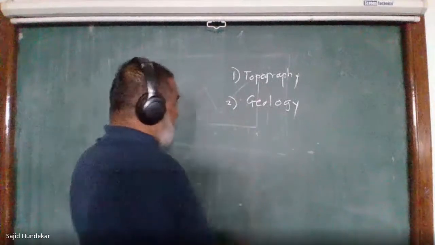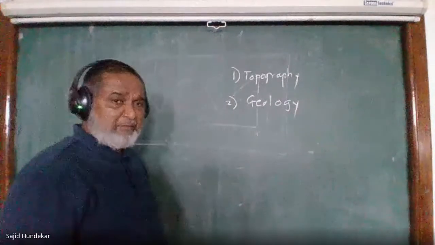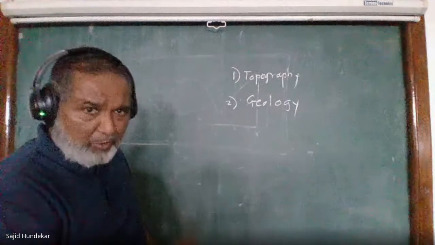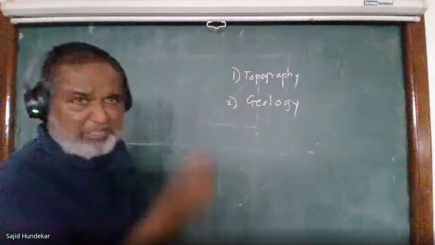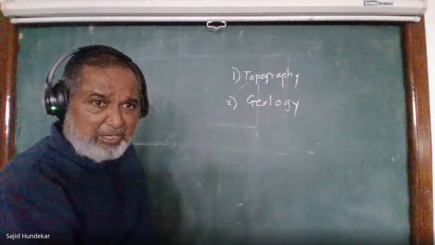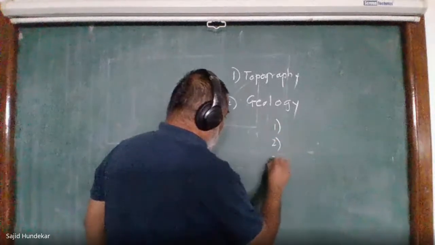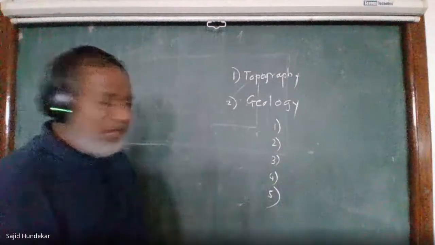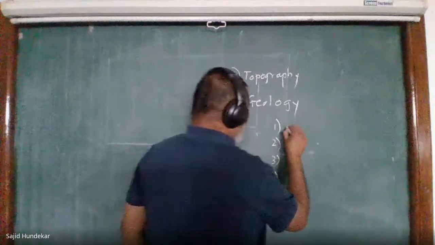Then we have the observation. In the given series, A is the oldest, which is at a greater depth at a lower level, whereas the bed E at the top level, which is the highest point, is 580 meters. So E will be the youngest and A is the oldest. Now once you're done, the 5 observations you have to write down everywhere. In all inclined maps, these 5 observations you have to write down. First one, slope direction.